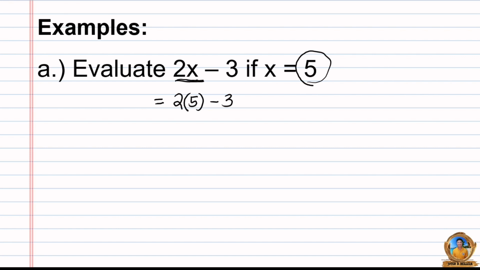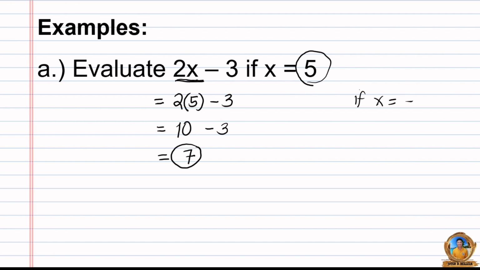So simplifying, meron tayong 2 times 5 is equal to 10 minus 3. So ganun lang kadali. So alam naman natin that 10 minus 3 is equal to positive 7. Ibig sabihin, ang 2x minus 3, if x is equal to 5, is simply equal to positive 7. O, di ba? So, paano kung ang x natin dito, let's say, for example, if x is equal to